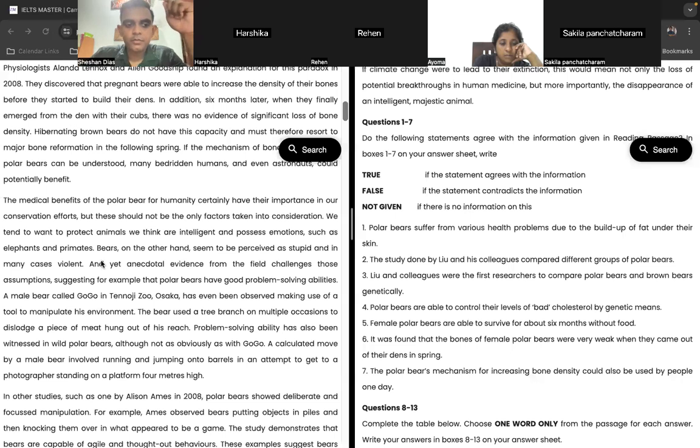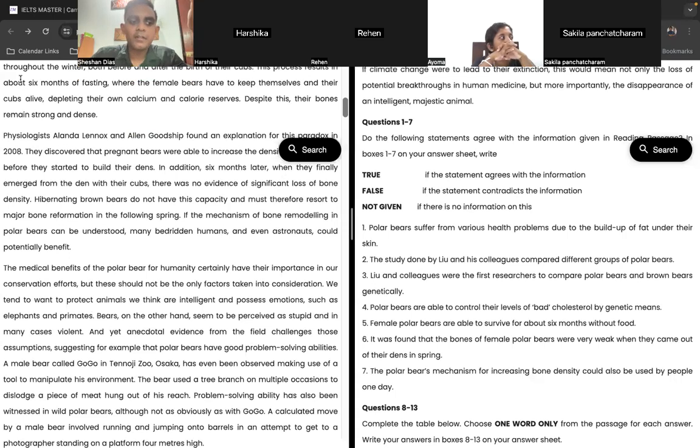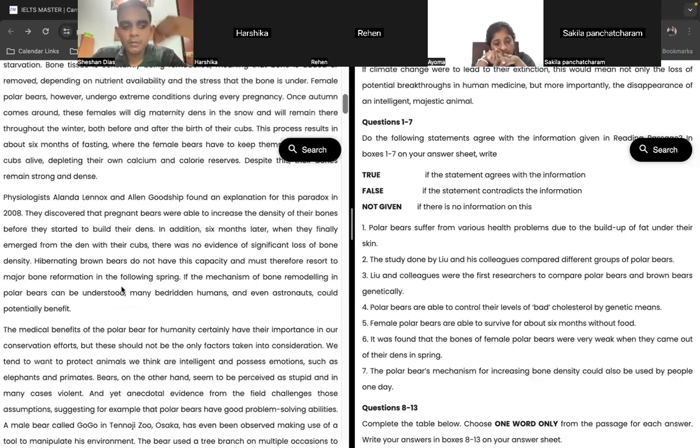Yes, that is correct. Now, if you find the answer for question number 3, let's say here, right? Let's say the answer for question number 3 is in this sentence. Then definitely the answer for question number 2 will be above that, below question number 1. So let's say answer for question number 1 is here, 3 is here. That means this section will contain the answer for question number 2. Make sense? Right. Based on that, we can even decide the not given as well, right? Exactly. You can decide not given based on that. Does that make sense to you?